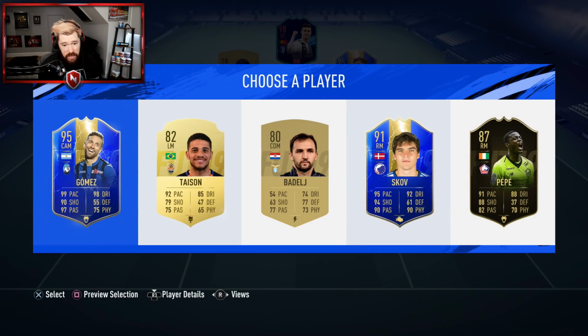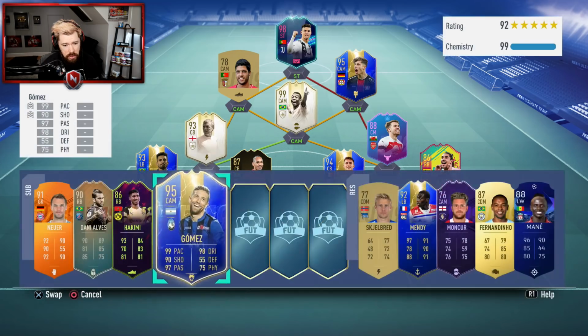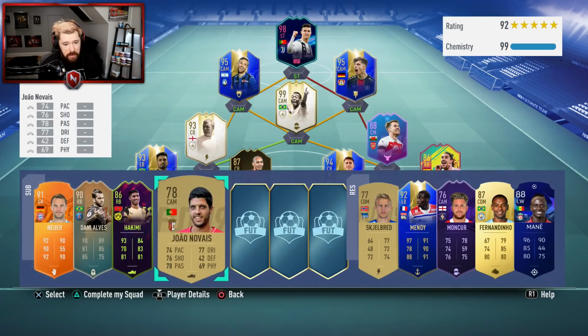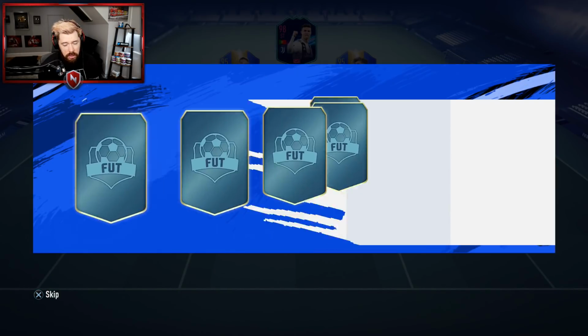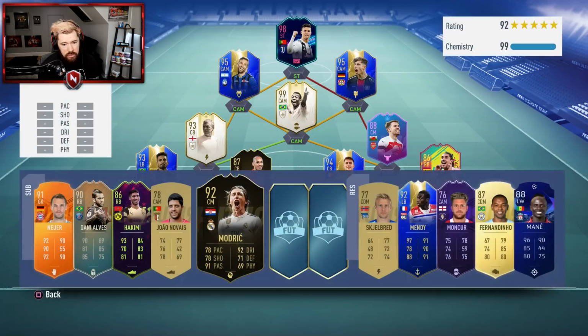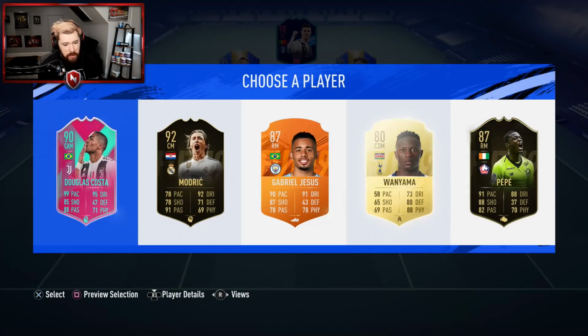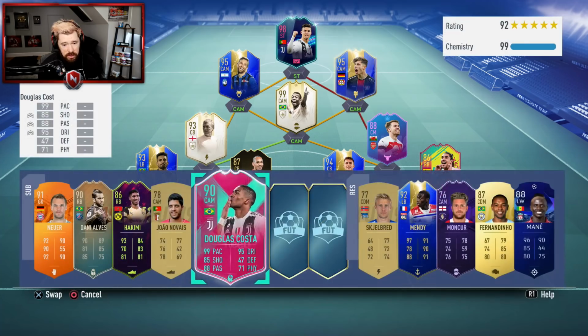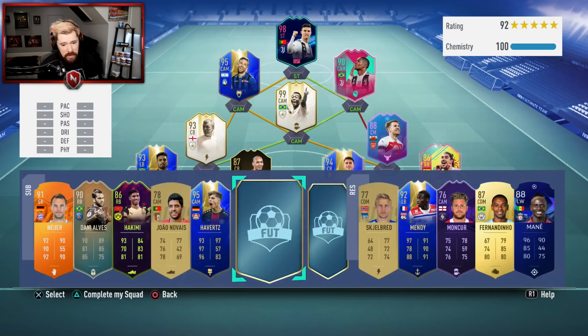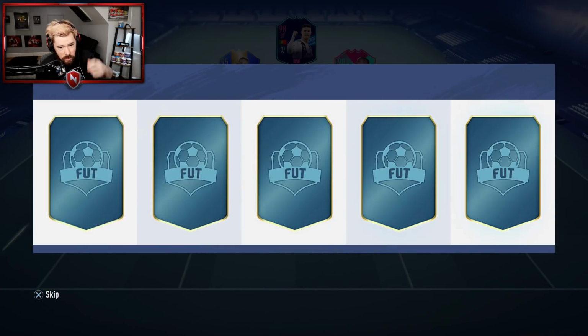All right, we'll definitely take Gomez, because we can play him at striker, and he obviously gets perfect chemistry up there as well. Next up, this is another good pick here. 92 Modric. We just can't link him to anyone. Could take Douglas Costa. That gives him chem. Just don't know what I'd do for...